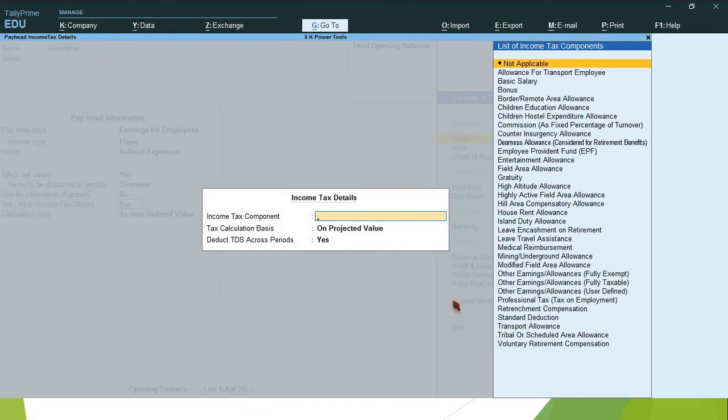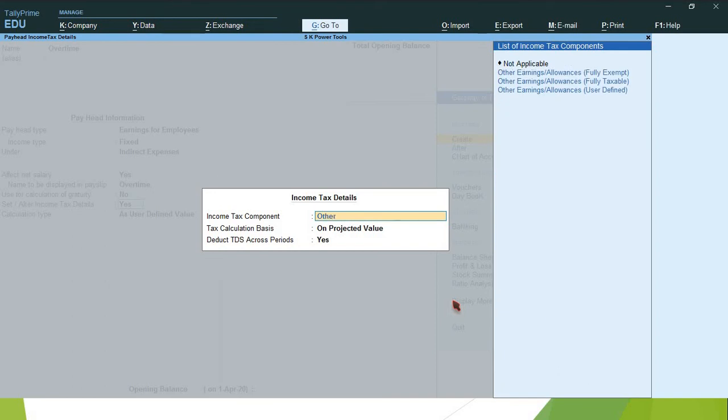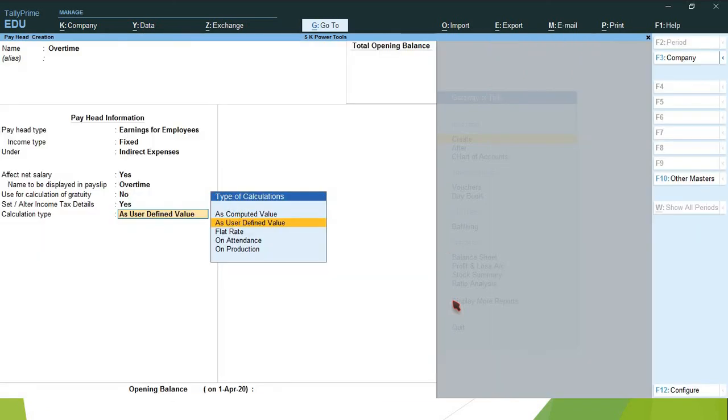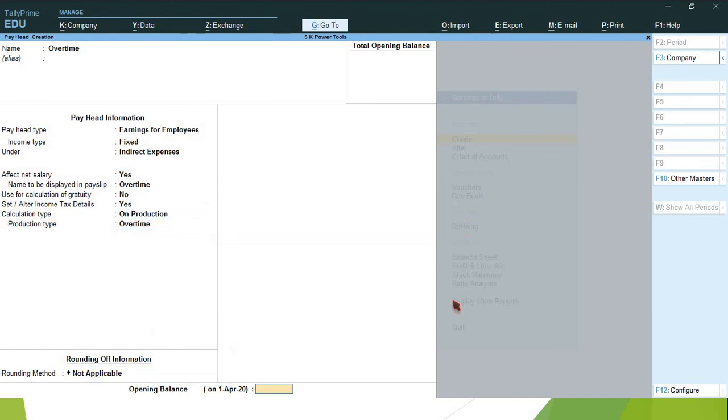Here you have to select other earnings allowances on projected value, calculation period, on production, select overtime, accept.